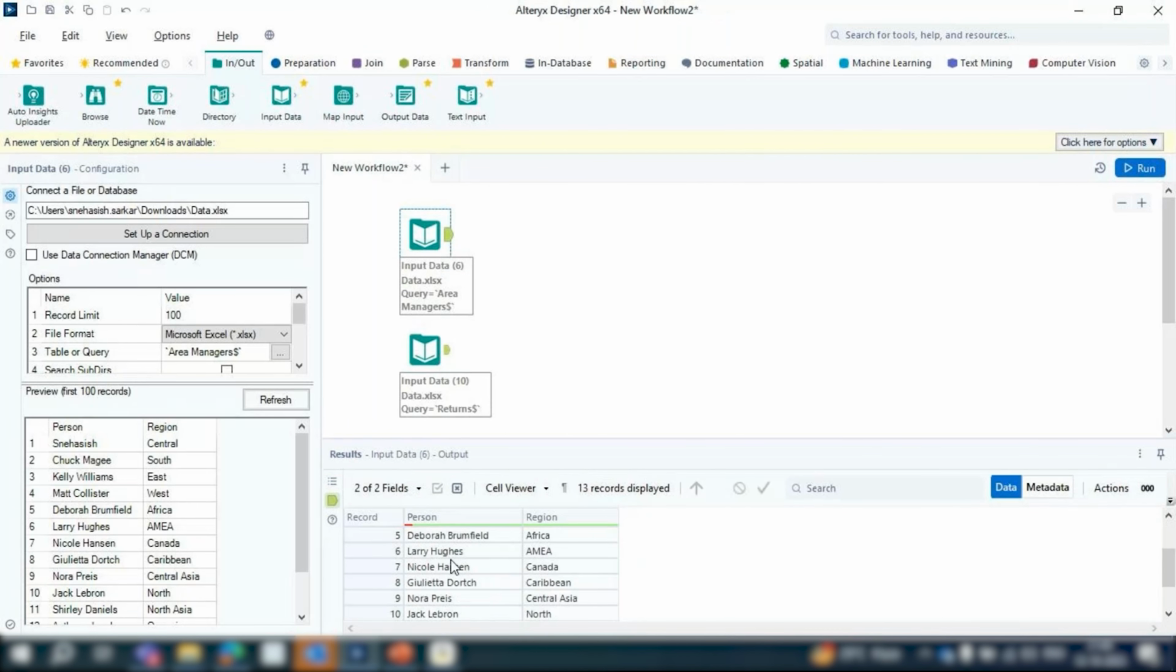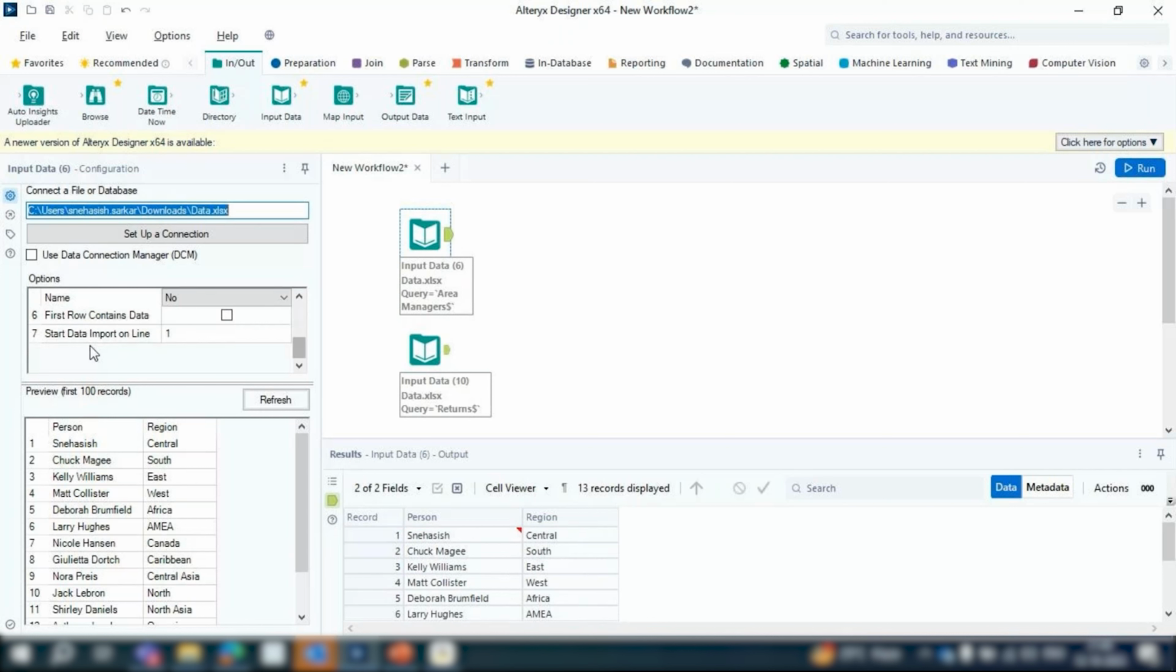See, you have the area managers. You will have only 13 records. You had a top 100 given, but your table has only 13 records. Only 13 records will come up. Next, the important thing that we often use to deal with certain types of data